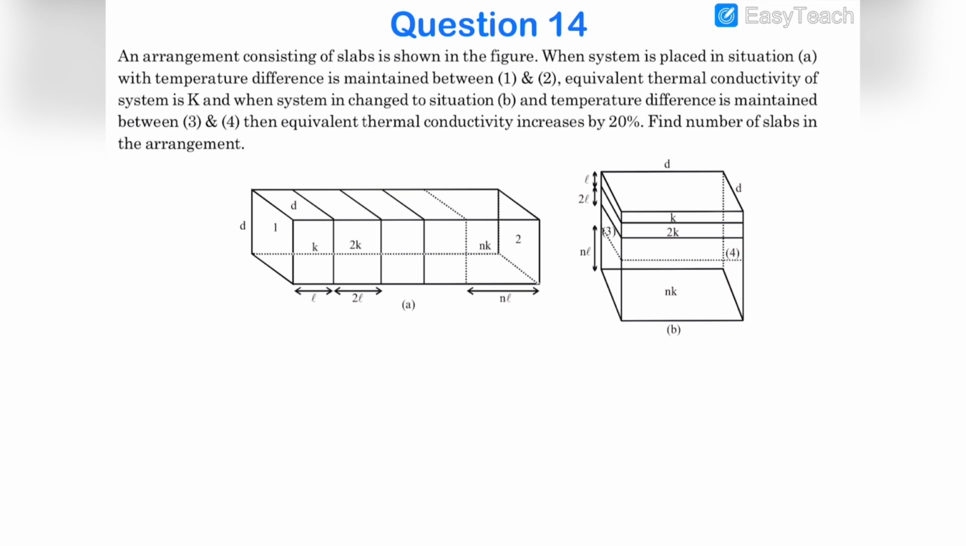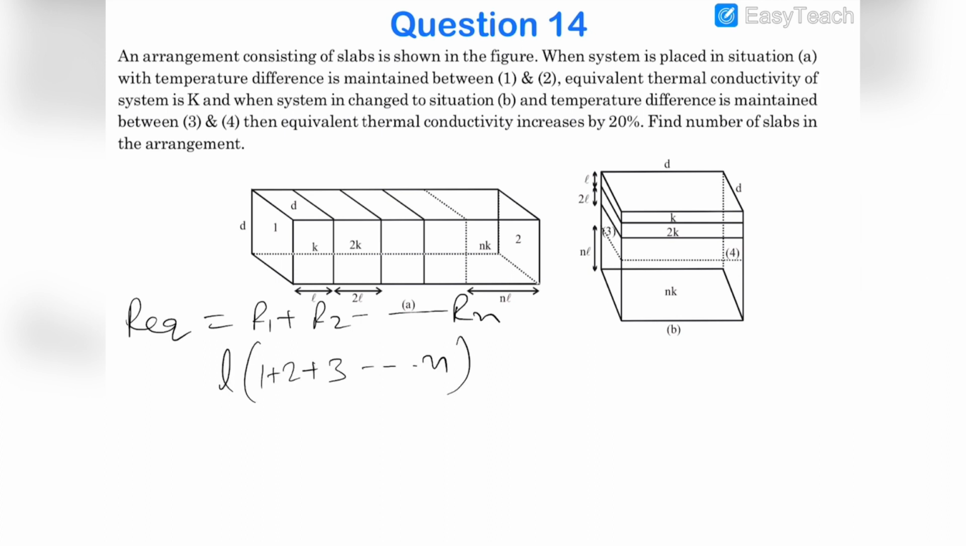We have to find out the number of slabs in the arrangement. So obviously, first of all, let us see that in the first case, all the slabs are in series. So R equivalent will be equal to R1 plus R2 up to Rn, and R equivalent will be equal to L by Ka. Now the total length of the system will be equal to L1 plus 2 plus 3 up to N